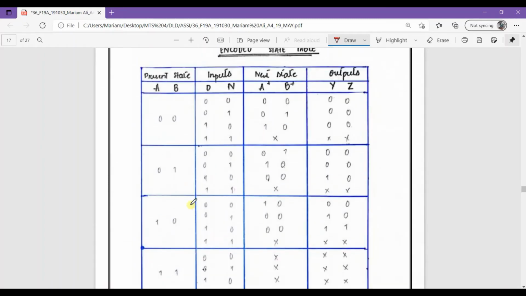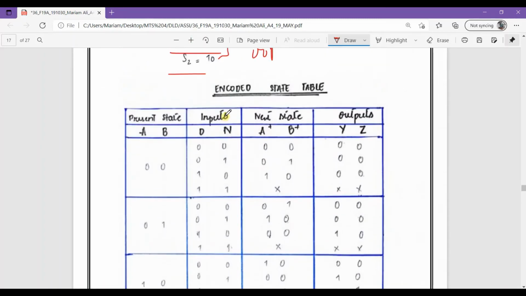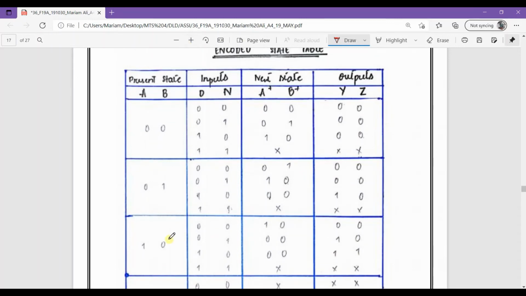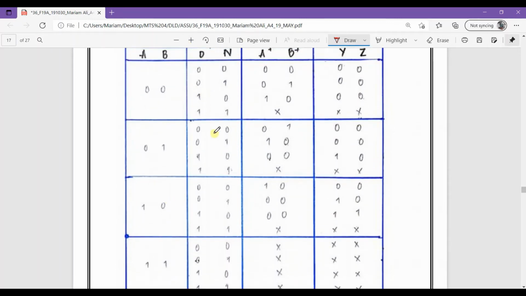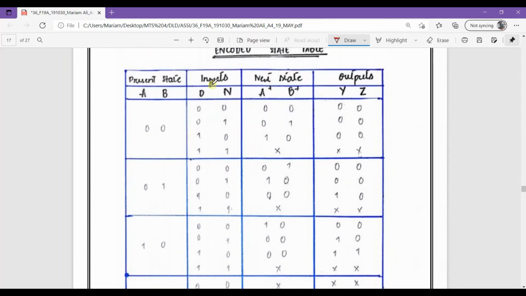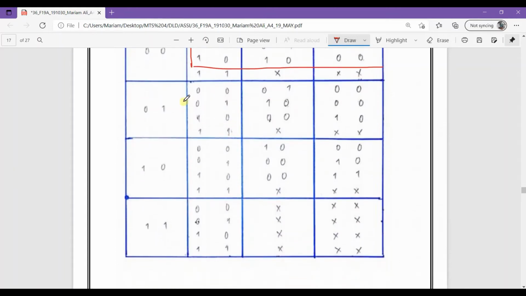Let me show you a crude view of how the state table is going to work, so we can further explain our circuit diagram. So basically, this is the present state, this is the next state, and this is the output. So what input are we going to provide? Basically our focus is on the nickel when we provide it here, and here, and here.